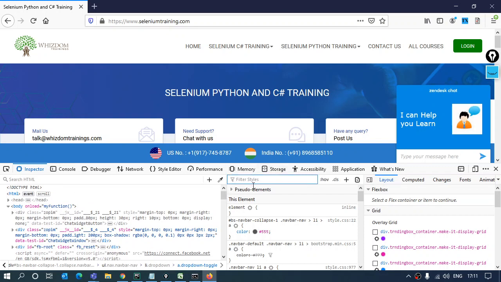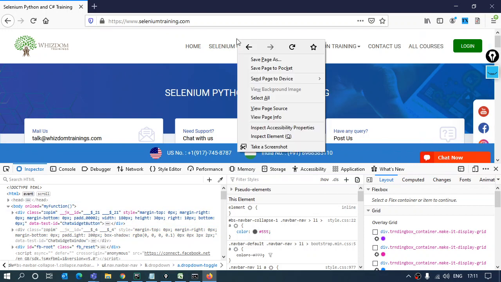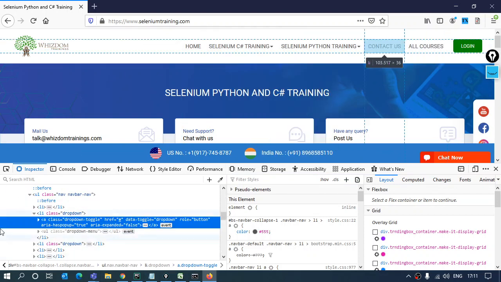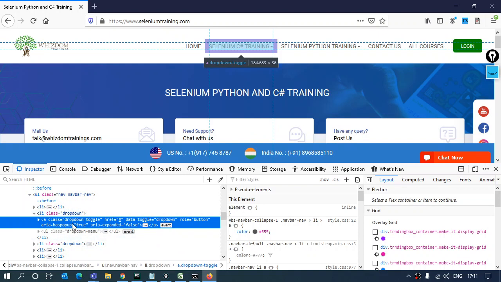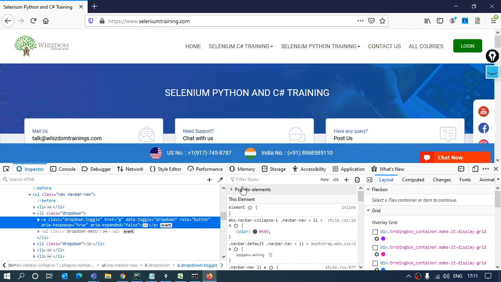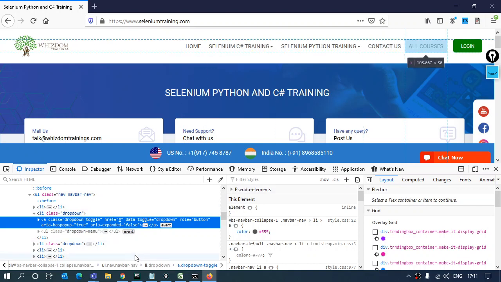What I wanted to tell you is related to the different locators, and for that we need to understand the locators first, which I have not covered yet, so I'm not covering that right now. We'll come to it in some time. Over here also, if you want to inspect some element, you can just go onto it, inspect it, and this way it will be highlighted as it was over there. Now over here in Firefox, I have different tools which we can use, but those tools are for different locators. For ID and name, this is what we can do. Inspect it, look for ID and name if it is given. If it is given, directly use it.